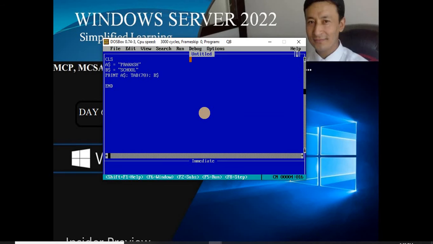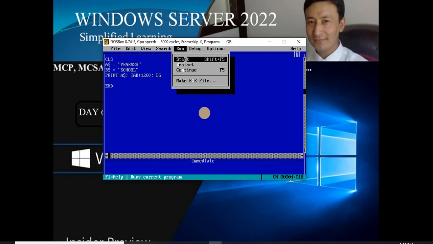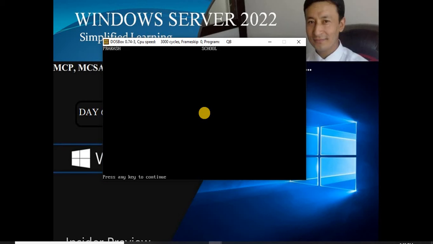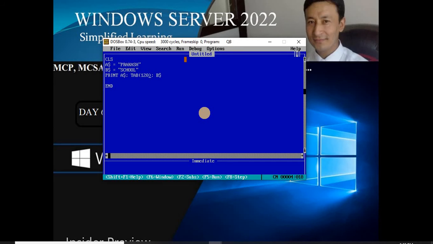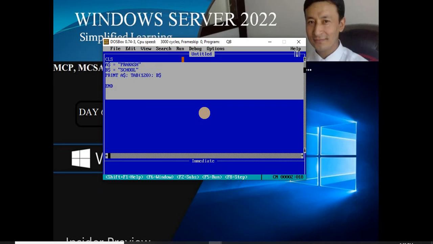What if I exceed the limit of the first row, that is 80 columns? What if I give, let's say, 120, where will the output be? In the next line? You make a guess. The answer is no, it's going to execute in the same line. It's not going to take you to the next row, because TAB means only the first row's column or space. It will not occupy the second row. That's why the TAB statement is used to position a cursor at a user-specified position in the first row. The maximum column number you can use is 80. So that was the concept of your TAB statement.